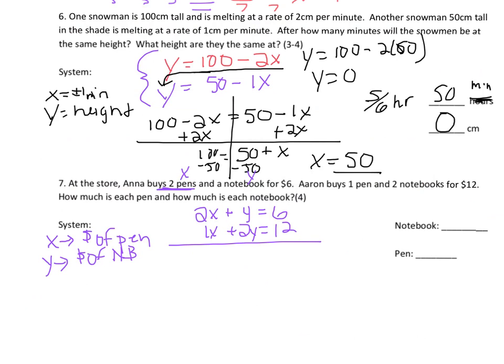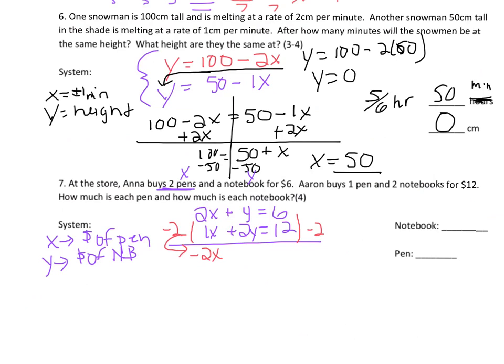So another way you could do this is by combination elimination. But if we look at our coefficients, they are not opposites right now. So we need to do something to change them into opposites. So I see that I have a 2 and a 1 here. If this was a negative 2, my x's would cancel out. So I'm going to multiply everything by a negative 2. So now I have a new equation,